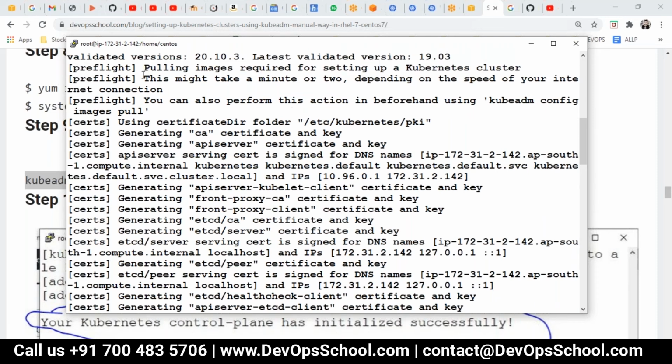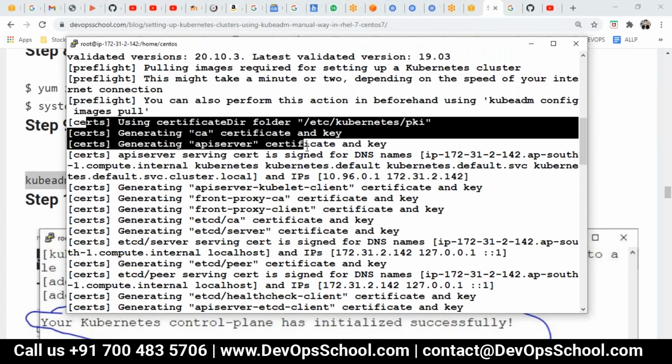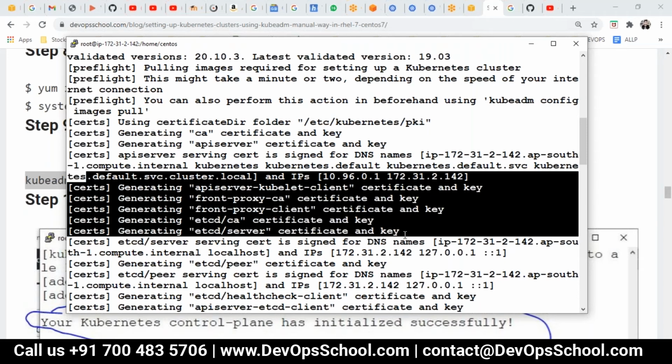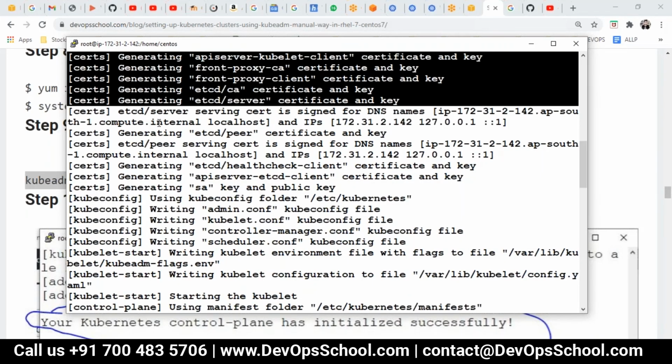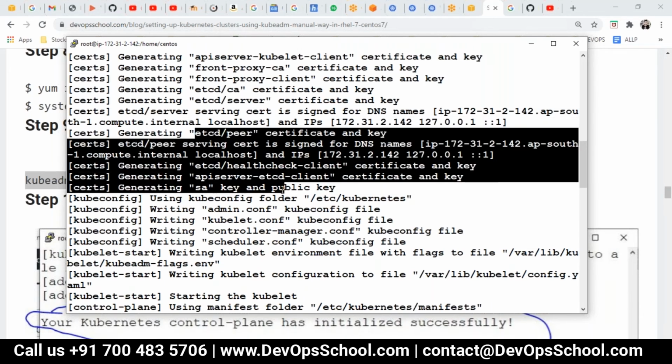Here they are creating configurations and stuff like that. Here they are creating a CA, certificate authority, meaning the master will act like a CA. Here they are generating a certificate and validating a certificate. And it continues here for etcd, API server, SA, all this stuff.